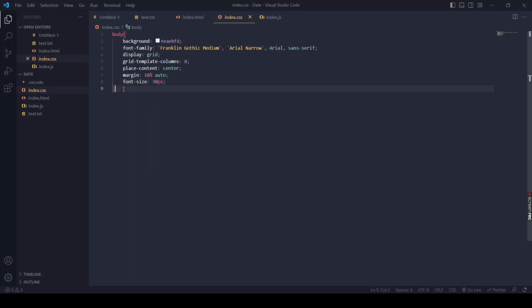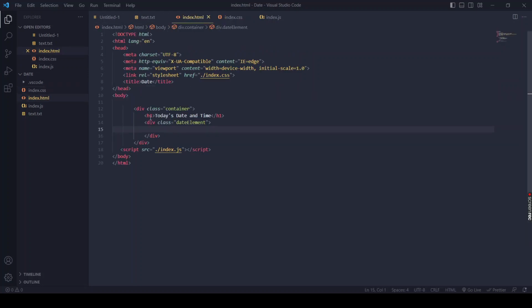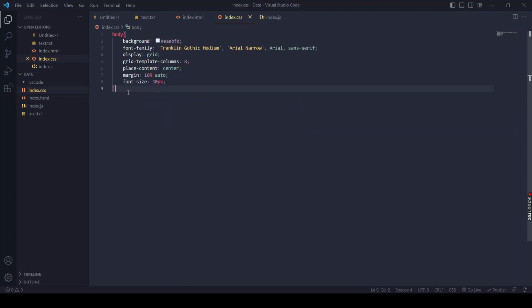Yep, and that's it. So we now style our dot container. Our dot container is this div here. It has a class of container, so we'll style it. So we call it by using dot container,